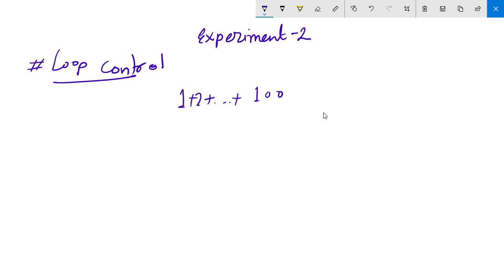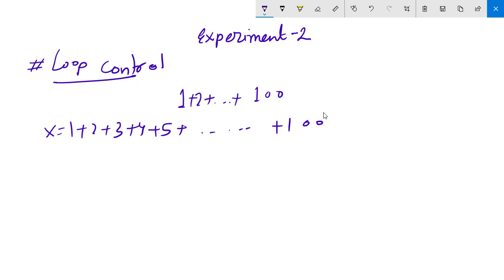So if you try to evaluate this sum using your calculator, or even by writing this, that x is equal to 1 plus 2 plus 3 plus 4 plus 5 plus, oh my god, it's 100, it will take a lot of time, and time is not a factor. It will take a lot of physical effort to write all this down. So there may be some other ways to do this or do the similar things.